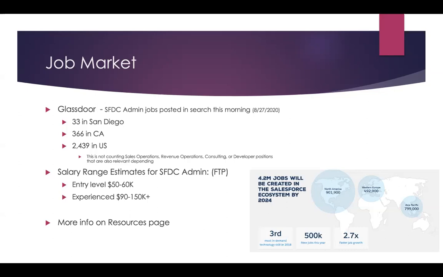Very entry level, if you don't have much experience in either sales operations or as a Salesforce admin, it would be around 50 to 60K a year, and then growing with experience or how long you've worked with the platform, anywhere between 90 and 150K, even more. So, a very great opportunity there, and a great value for you to learn Salesforce.